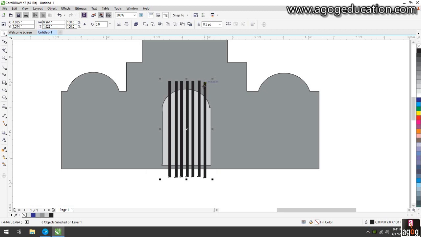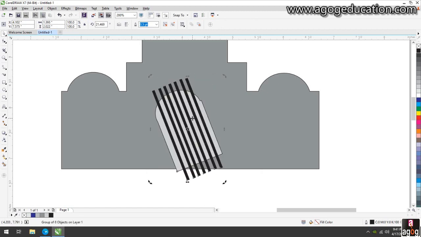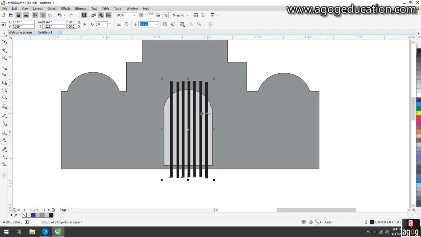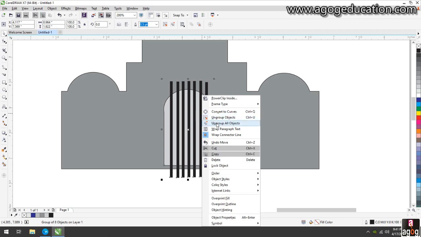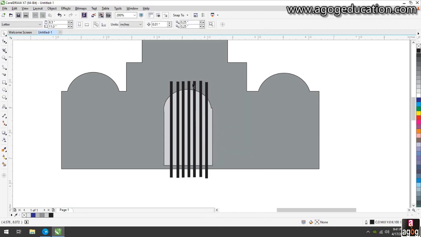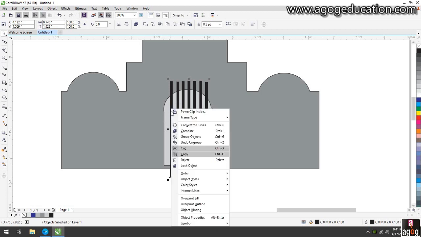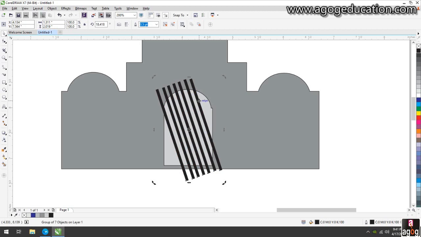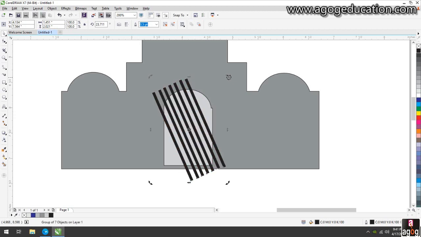Okay, select all these. You can right click, group, and rotate them. Just ungroup them because I grouped this door with the strips. Group only the strips, excluding the door. Just right click, group. Now you can see I rotate and again rotate this way.